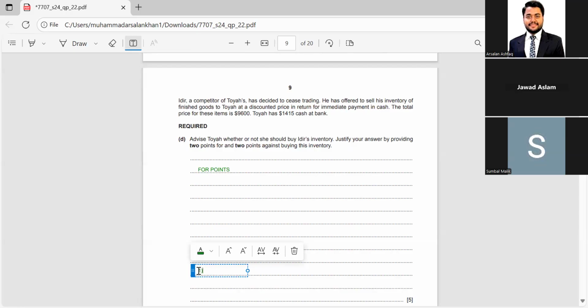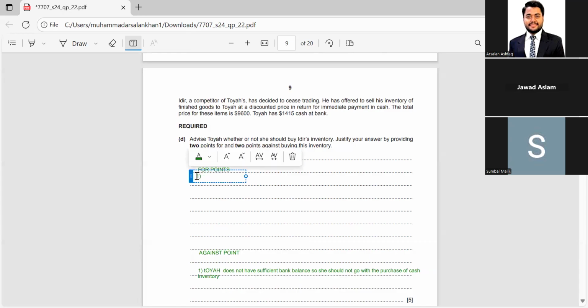So against point में ये आएगा कि Toya does not have sufficient bank balance, so she should not go with the purchase of cash inventory. Okay. And for में ये आ जाएगा कि as Toya will get discount, this will reduce the cost of production and increase profit, so she should go with it. देखो ना, ऑब्वियसली बात है, डिस्काउंट पे कोई चीज परचेज करेंगे